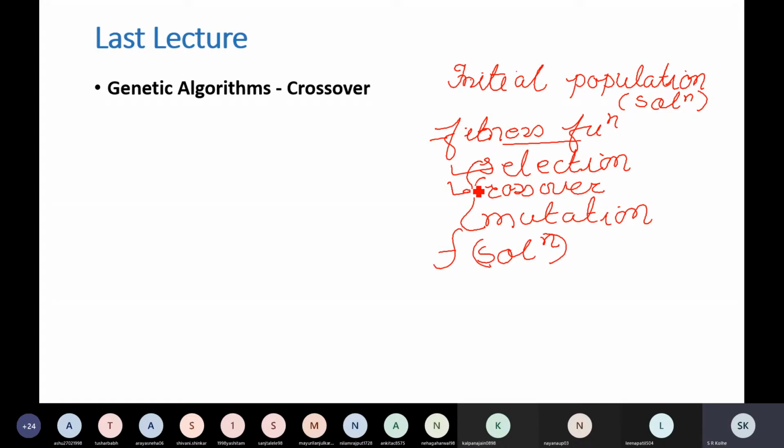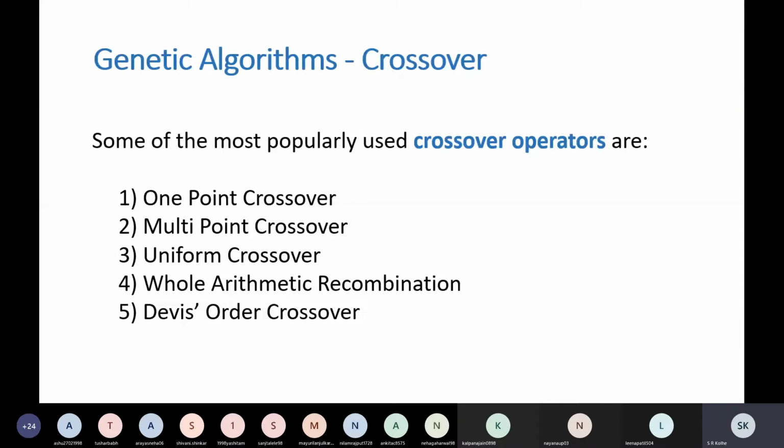So after selecting good chromosomes or solutions, we perform crossover by using various techniques that we discussed in the last class. Then we perform mutation, that we are going to discuss today. So that will generate a new solution, and then again we check its fitness.